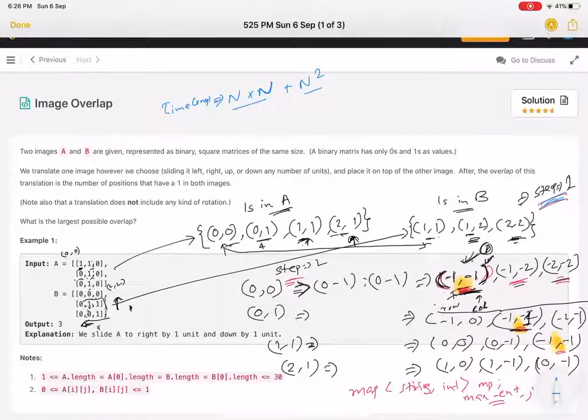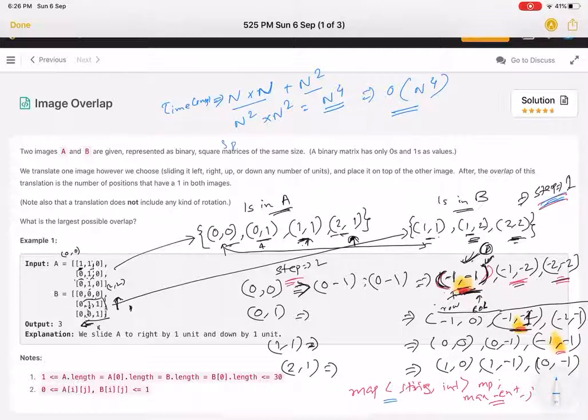Then we have to put all the keys into a hash map, and the maximum ones you can get is of n square. So n square into n square would be n to the power 4. So overall the time complexity would be order of n to the power 4 for this solution.